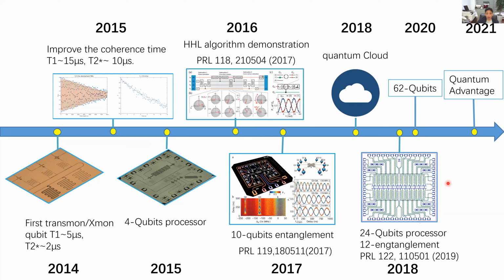We can only run very shallow circuits. In this case, even though we have a very huge space, we can only run a very small number of gates. So that's very challenging for the algorithm and the software. We hope that we can collaborate not only with physicists, but also with computer science and all the other fields, to really go to near-term applications.